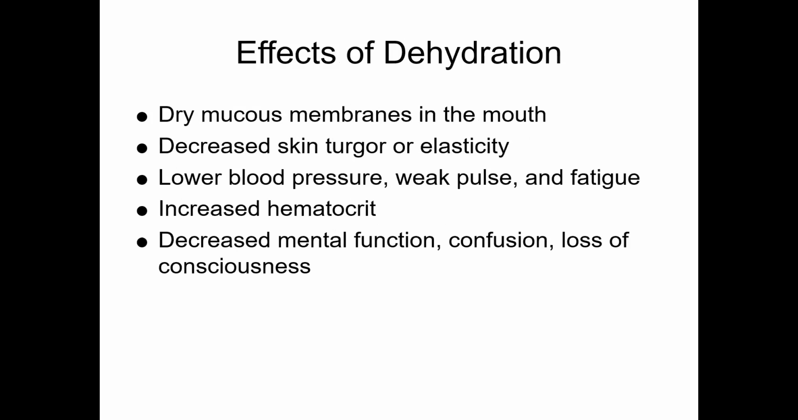So what will we see? Initially, dehydration involves a decrease in interstitial and intravascular fluids. So what we'll see is dry mucous membranes, decreased skin turgor or elasticity, lower blood pressure, weaker pulse, a feeling of fatigue, increased hematocrit, indicating higher proportion of red blood cells. So it's thicker, more blood cells compared to water. So higher hematocrit,